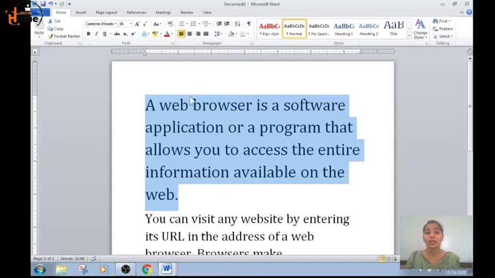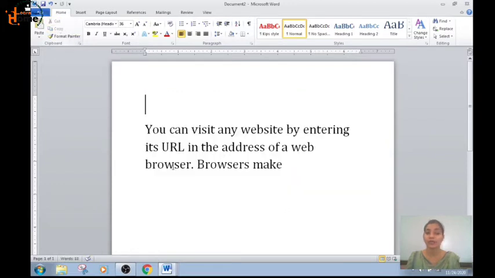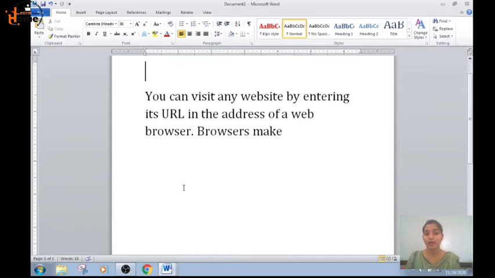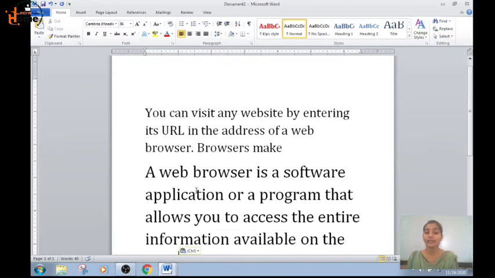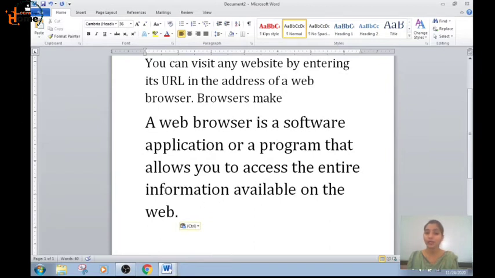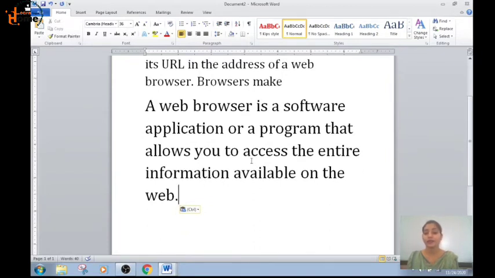Now I want to cut it. How can you cut the text? Here, in the Home options, you can see this Cut option. Click it. It's cut, now it's no longer here. You want to move it somewhere, so first you cut the text, then you paste it somewhere. Now you want to paste it here in the next line. Wherever your cursor is, there your text will be pasted. See this Paste option. When you click on this, your text will be pasted here. When you cut the text, it is copied to the clipboard, and wherever you paste it, you can paste it like this.